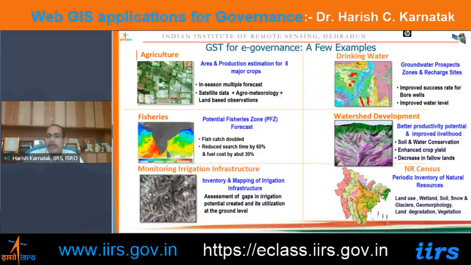In this program, by using space-based observations, we generate different types of thematic maps like land use, wetlands, soil, snow and glacier, geomorphology, land degradation, and vegetation type maps. At certain intervals, we update these maps. For example, land use, wetlands, soil, snow, and glacier are updated every 5 years. But some of the geological maps, like the geomorphological map and lineament, we update every 15 years.